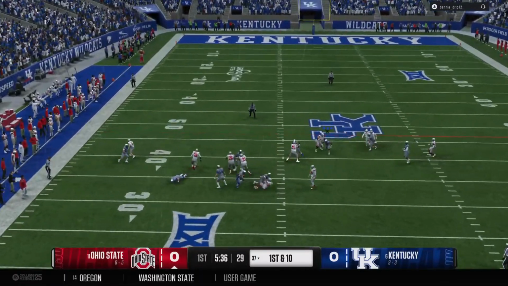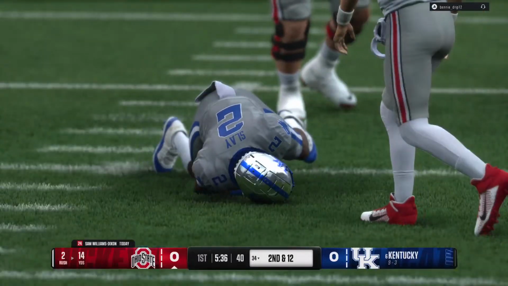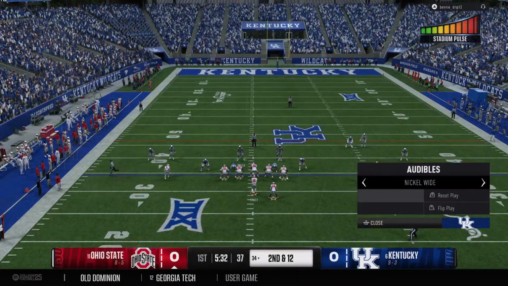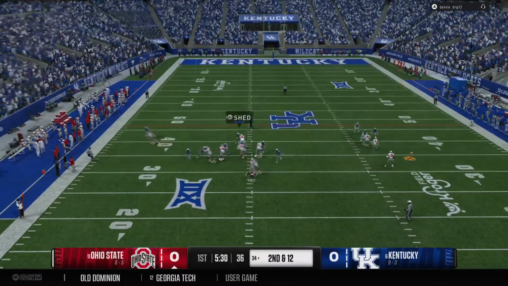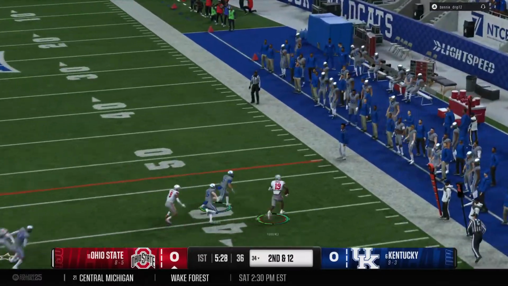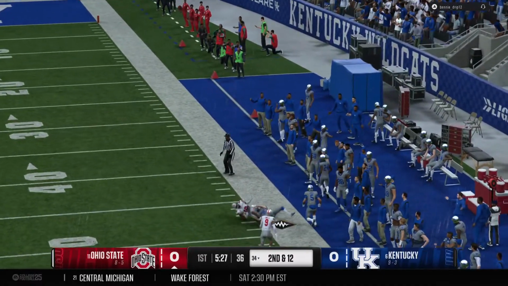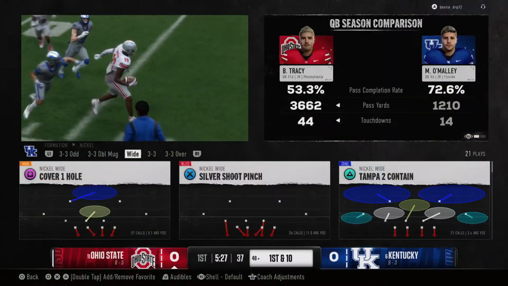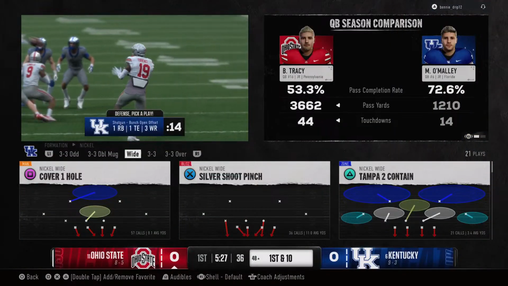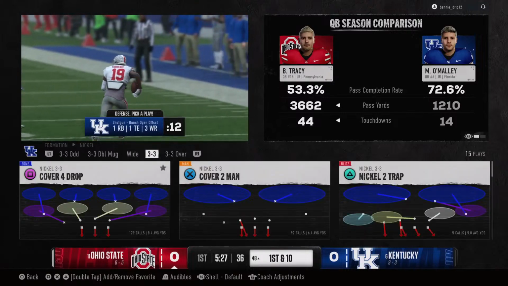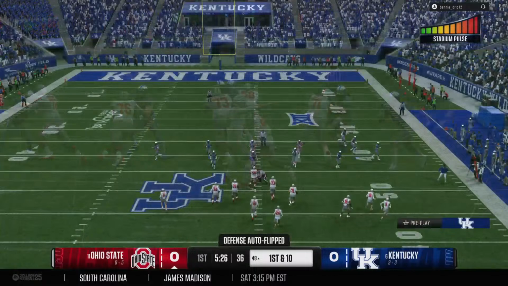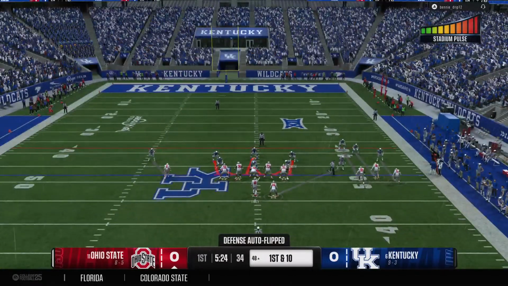There's the handoff. Tackled behind the line. It's a loss of 2. The Buckeyes looking to crank up the tempo a bit. Chris, this is what I love to see from the defense, is the linebackers are scraping, doing their job, but you need help from the secondary. And when you have aggressive tacklers on the back end, you got a great defense. This time, the secondary makes the difference. Good enough for a first down. Buckeyes lining up here on 1st and 10.